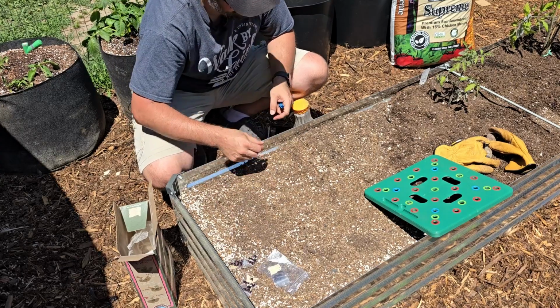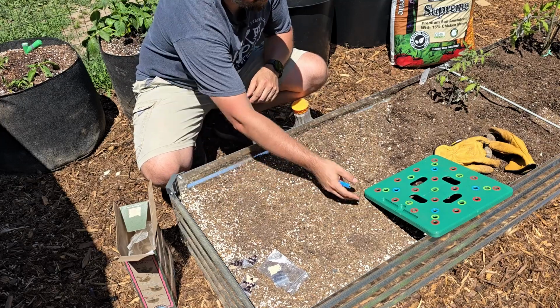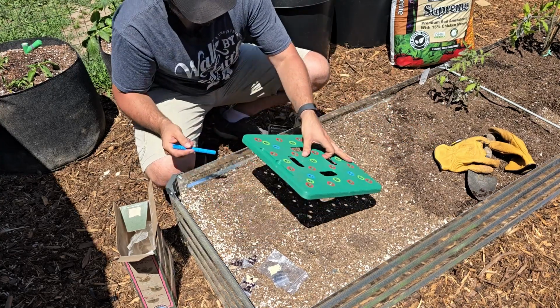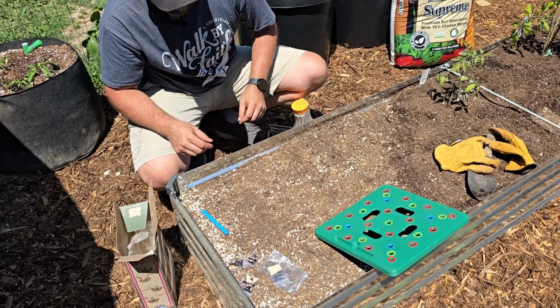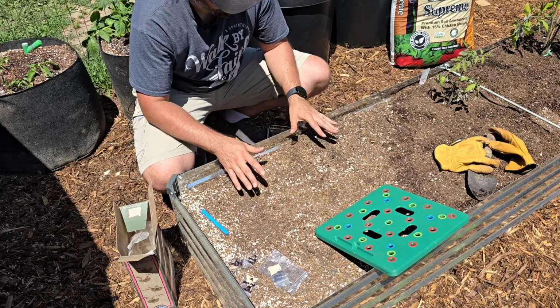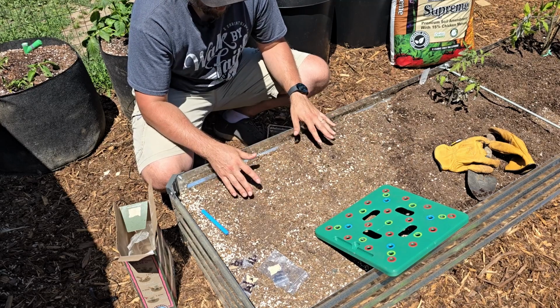And what I want to do is, I already got my little grids laid out for my little spacer here, and I have my center spot here where my hole's going to be, right about there. So in these spots right here, I'm just going to pull back a little bit. I want to be able to get back in here, and I'm going to pull back soil out of this, and I'm going to actually add the bone meal in there, because I want to have the bone meal in there as the plant starts to grow, and it'll give it time to start breaking down,